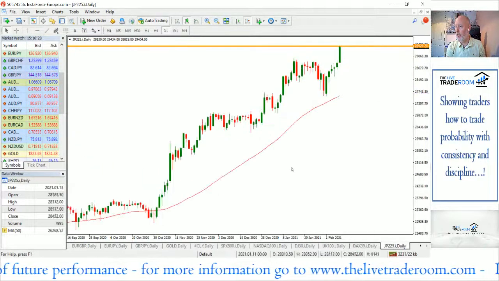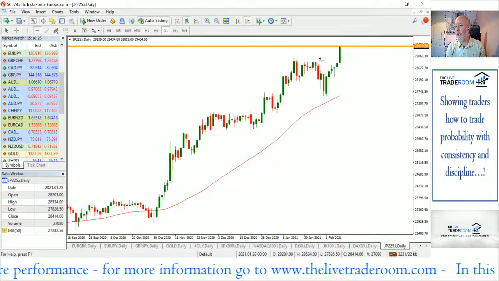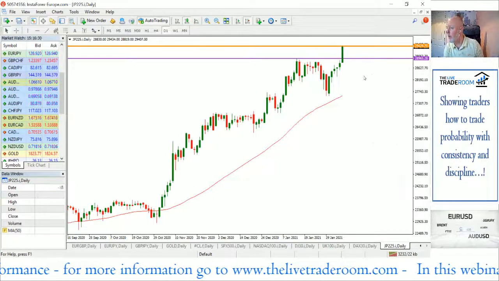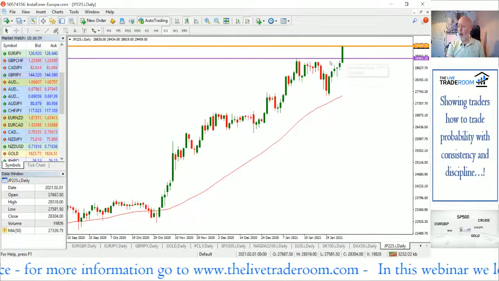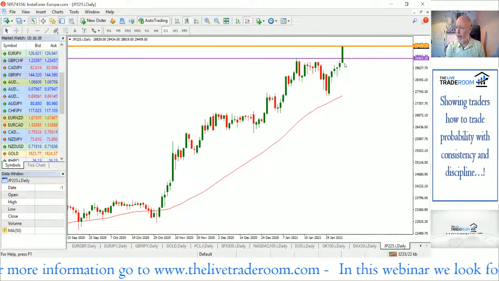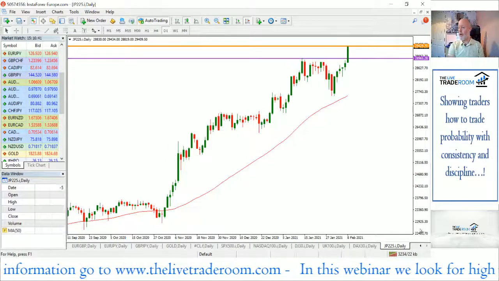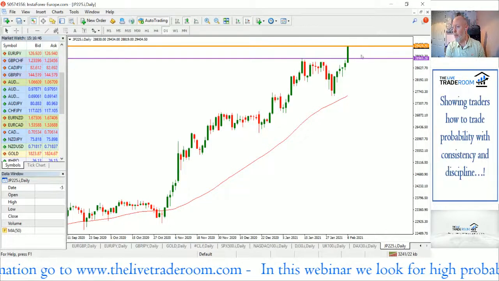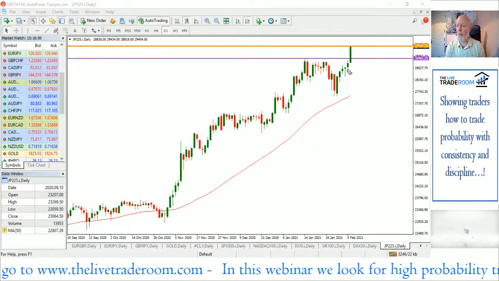And then to finish off, this market has been on a very, very significant move to the upside. 28,965 is our high probability trade at the open, and we've just seen a very, very strong accelerated move. We're not in the trade, unfortunately. So now, up at these highs, you want to get a nice pullback back to this level, and there is your high probability trade to the upside.